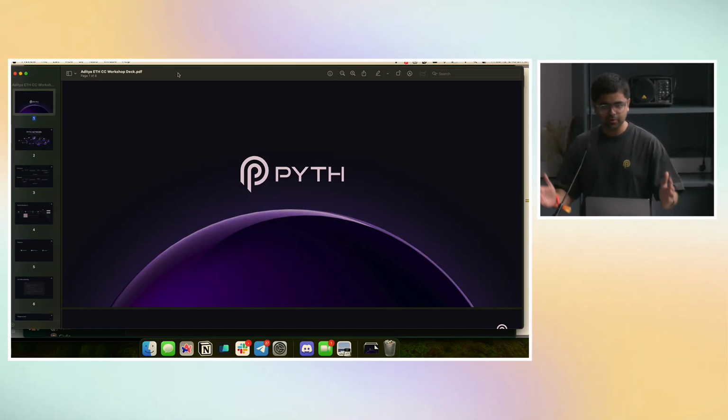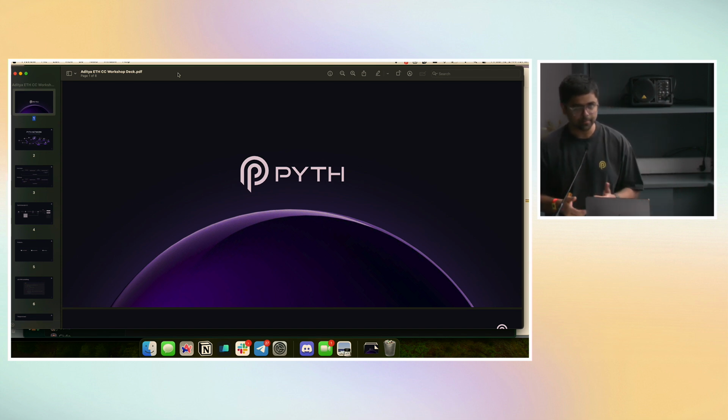So we are a pull oracle. It's very different from other oracles out there, which are push oracles. The benefit is you can retrieve the data anytime you want. The other push oracles send the data every 30 minutes or 15 minutes, so the data is not updated. So if you're building any high frequency app, it's better to use Pyth because you get faster